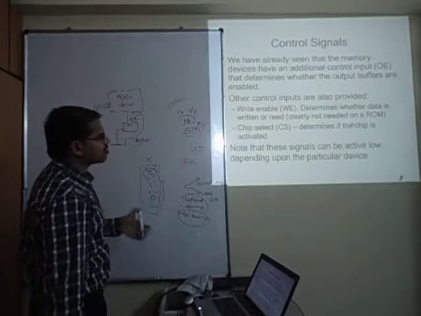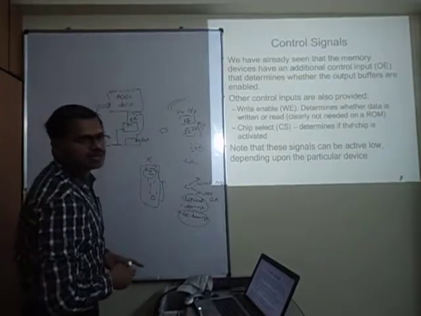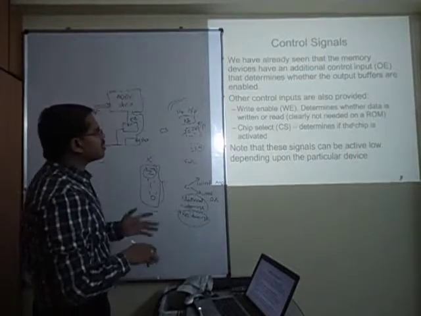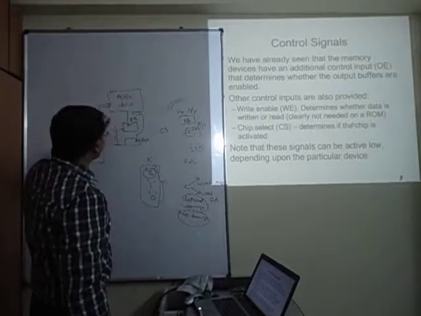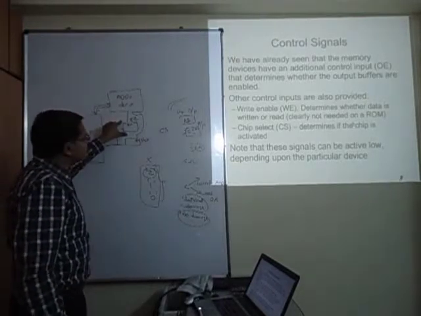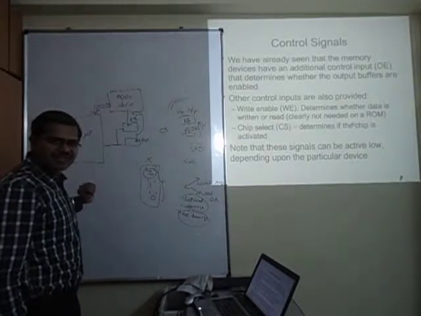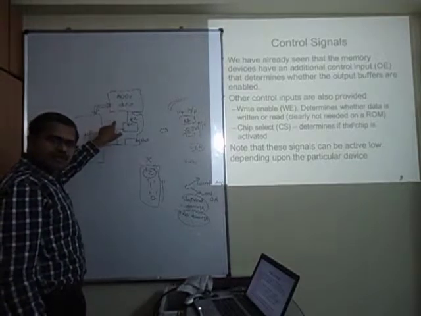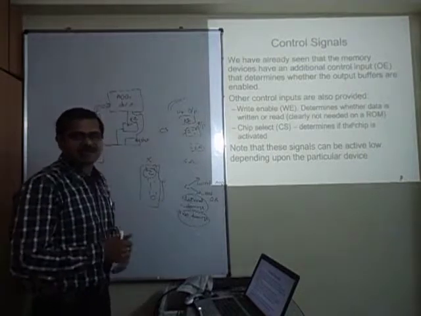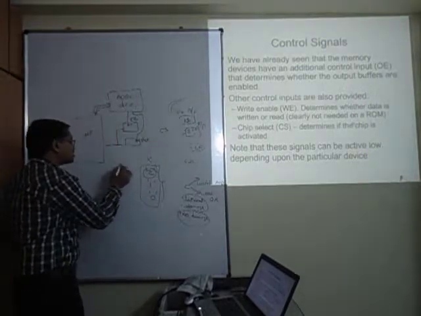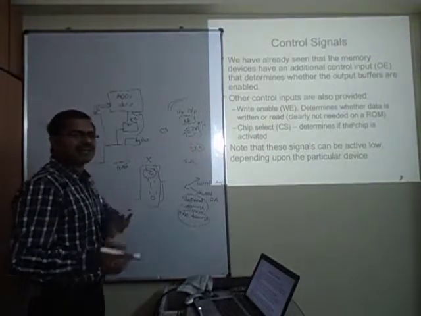So there are other control signals also. Usually this enable, whatever I have shown now, chip select is the usual name that we use. But sometimes you can also have a combination of chip select, write enable, read enable and so on. Because sometimes you want the ROM to be disabled for writing but enabled for reading. You understand? So in that case, chip select you will choose, but write enable you will disable. Whether it is 1 or 0, let us not say, because when the write enable is represented like this, it means active low. Giving 0 is nothing but enabling. So I am using only the words enable and disable.